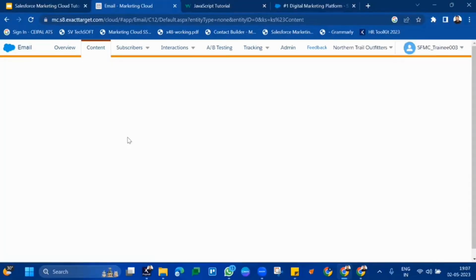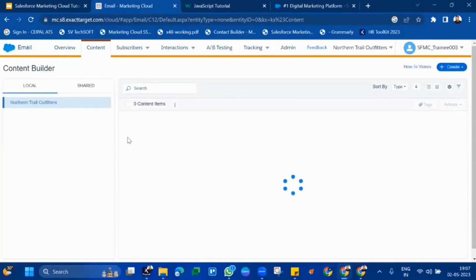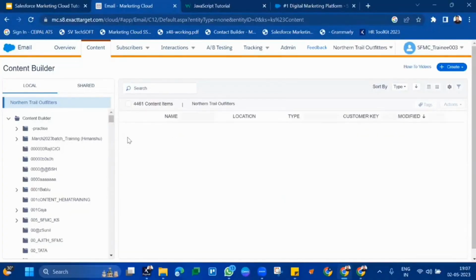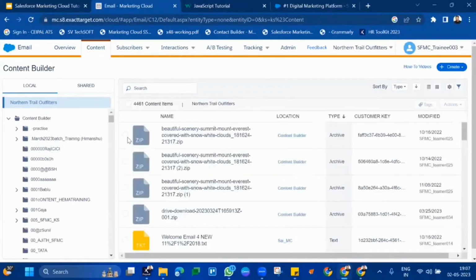To deliver invoices automatically, whenever a transaction has happened, the invoice should be delivered automatically within 2 seconds. But we have not progressed enough to understand that particular automation now. What we will try to understand is, if we have any email to which we have to manually deploy to